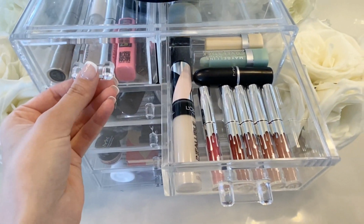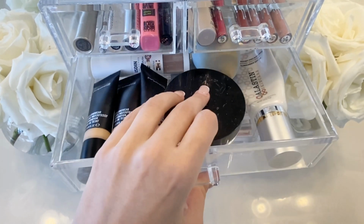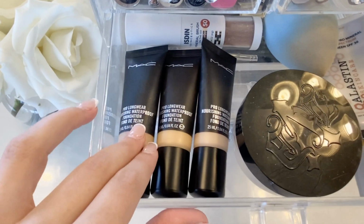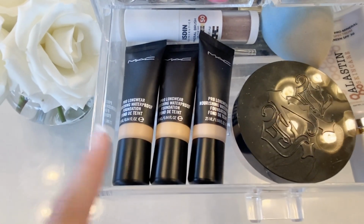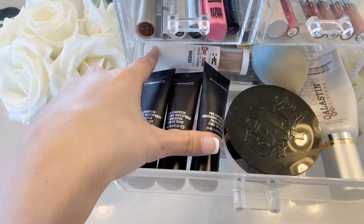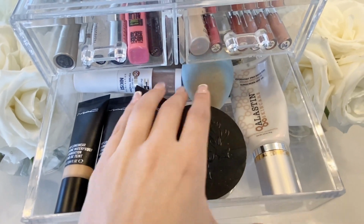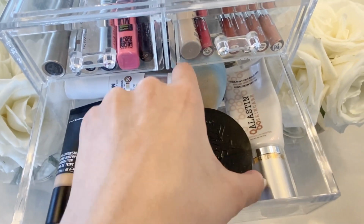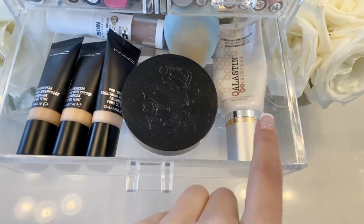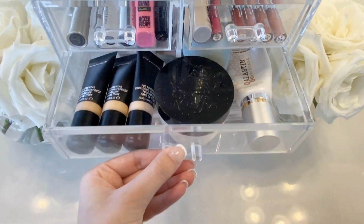That's in the first 2 drawers. In this drawer is where I keep some of my foundations. So these are the MAC foundations, the Pro Longwear Nourishing Waterproof foundations that I use. Isdin mineral brush so I can reapply sunscreen after I have makeup on. My beauty blender, Kat Von D's Lock-It powder, which I love to set my makeup, and then Alastin's Hydratint. This is a really good moisturizer, sunscreen, but also has a tint in it, so that's in the second